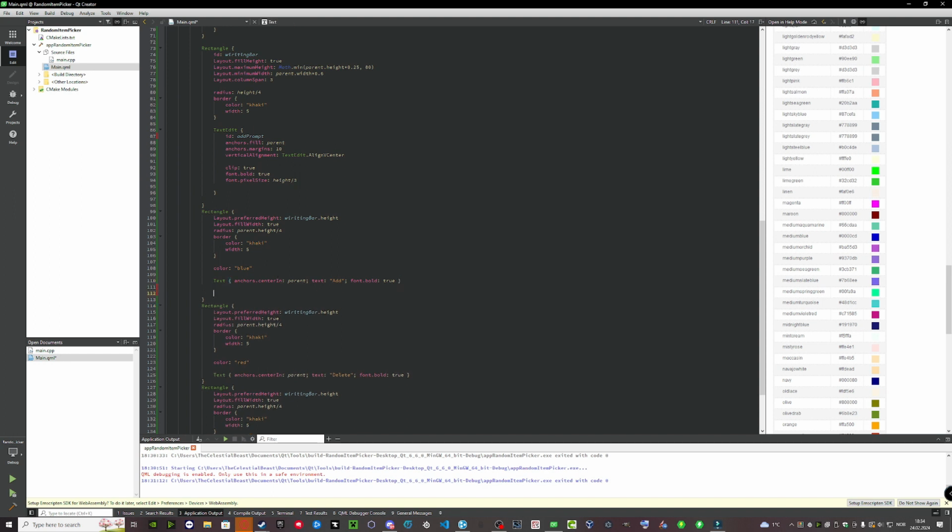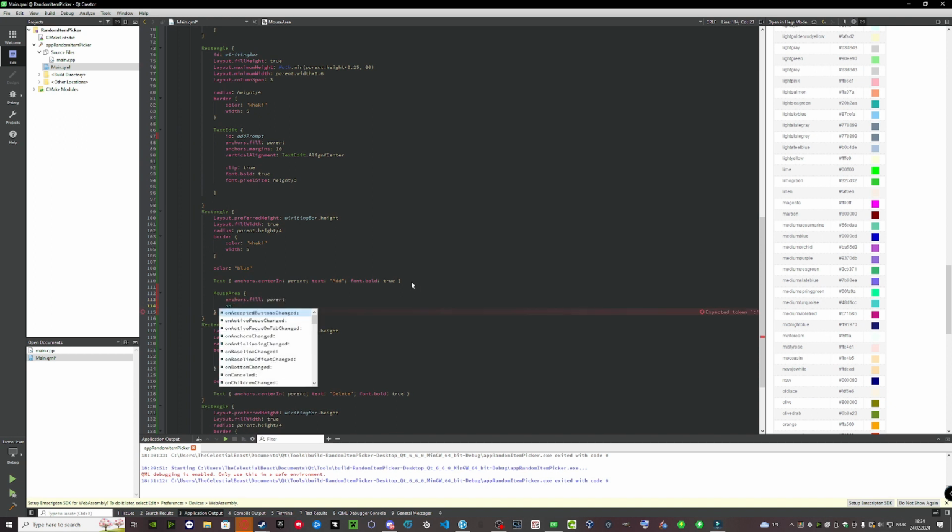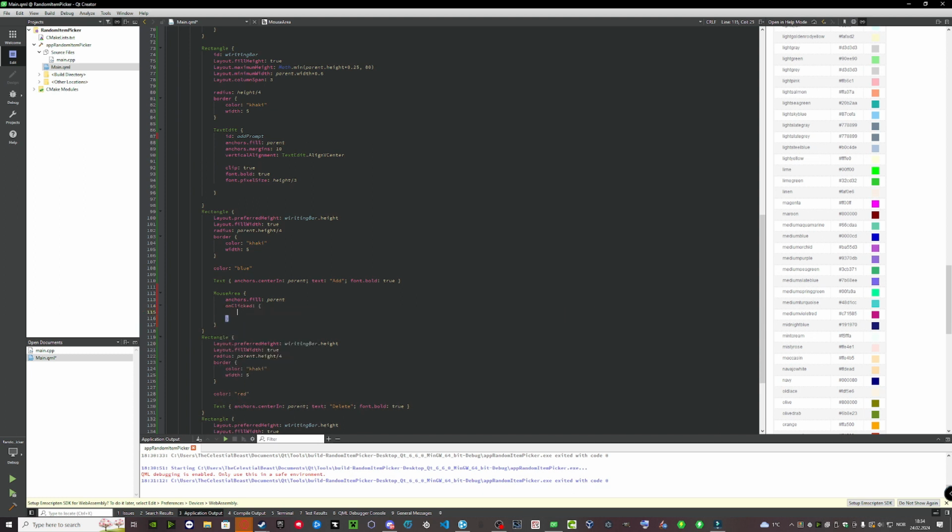And I want a mouse area right here so that it will select whenever my mouse is on this button. And when I click while my mouse is within this area,